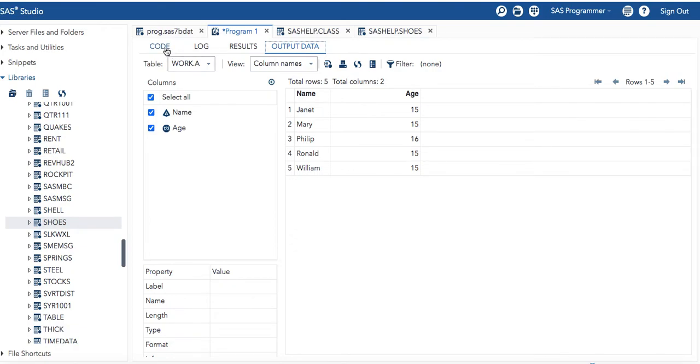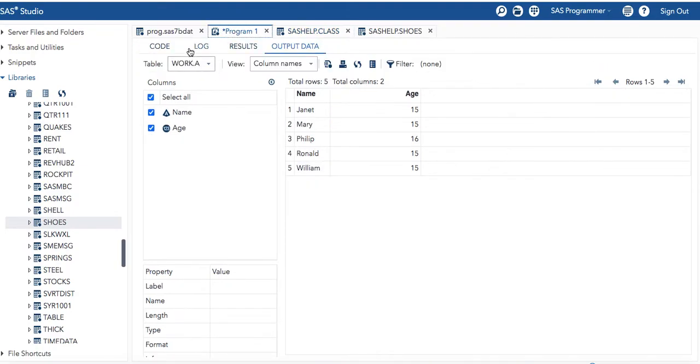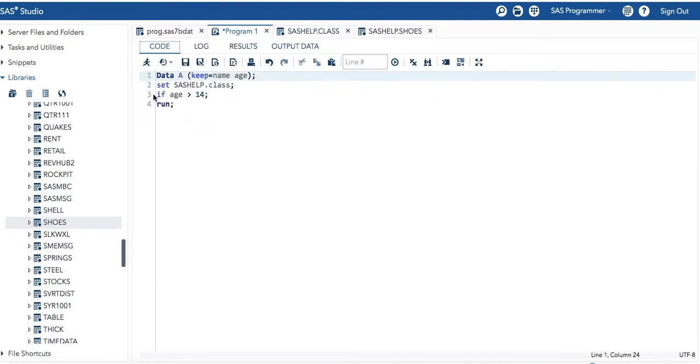Let's cross check. In SAS help there are ages like 14, 13, 12, 11, and all the rows where the age is greater than 14 are picked up in this program, right?